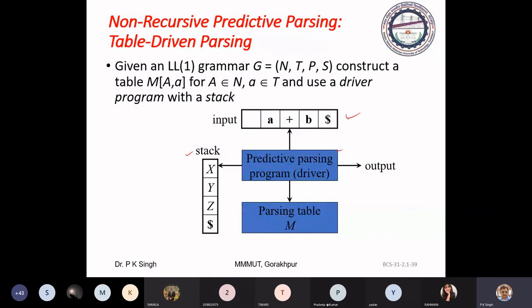And if you want to generate a top-down parser, then you can use this structure for generation of the parser. What you have to do, you have to define a data structure stack and you have to define a buffer where you keep the string to be parsed. This is the routine that handles the table on the basis of symbols from input string and stack, and from the parsing table you will get the action, and accordingly your parser will take action.